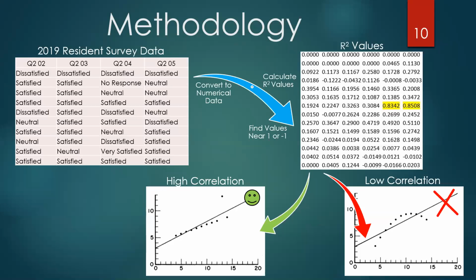Now, the R-squared values are a method of finding correlations. Data that are closer to 1 or -1 indicate correlation, whereas ones that are lower, closer to 0, indicate low correlation. So once we had high R-squared values, we plotted the data to make sure they're indeed correlations, which you'll see on the left-hand side. Versus the plot on the right, it looks like a correlation, except when you look at the graph itself, obviously it's just a false positive.